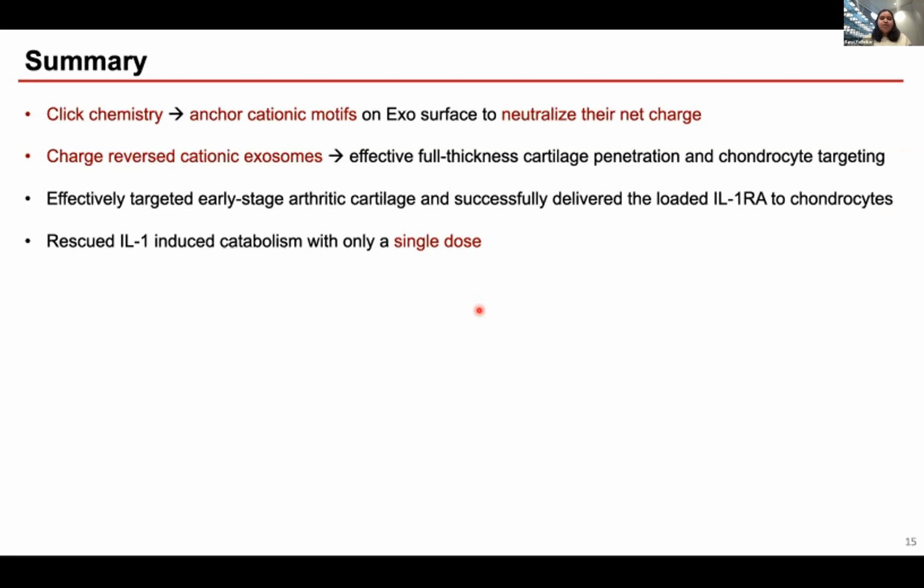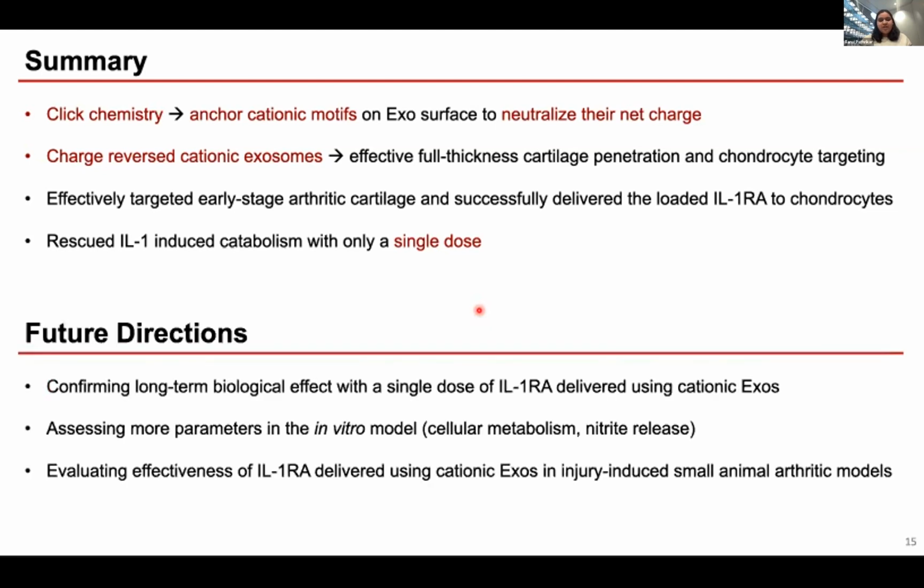exosome surface to neutralize their net charge. These charge-reversed cationic exosomes showed full thickness penetration and chondrocyte targeting. When we tested the cationic exosomes in an in vitro arthritic model, they successfully delivered loaded IL-1RA to the chondrocytes and rescued IL-1 induced catabolism with only a single dose. Future studies for this project include